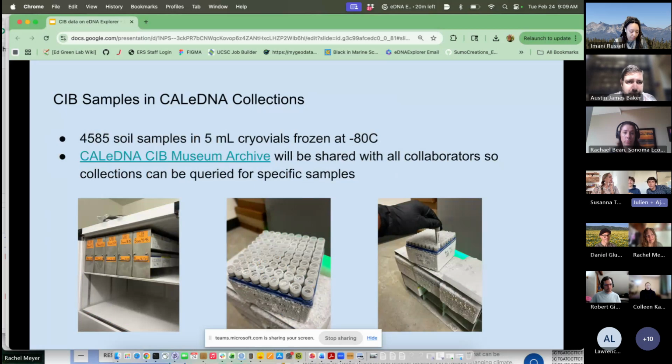In terms of CIB samples we have in our current collections, we've received and accessioned around 4,585 soil samples in 5 ml cryovials. These are stored at minus 80 degrees Celsius, so the DNA will be preserved for a very long time. We will share these links with all of you in this slide presentation. This link here that says CalATBI CIB Museum Archive is our full inventory of CIB samples, in which you can go through and